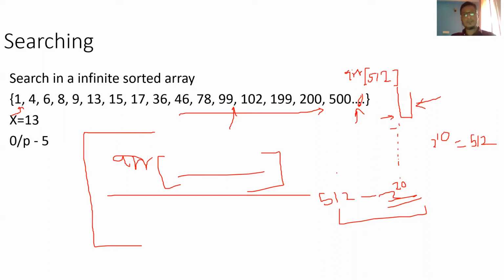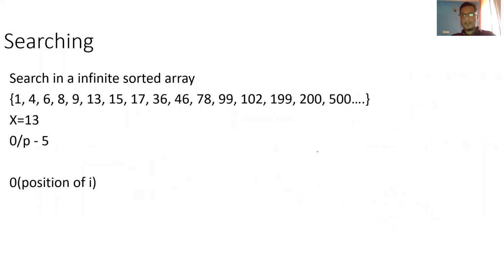But your real work starts from when you got to know the low and high. Then you apply binary search. In this case, let's say 2 raised to 10 to 2 raised to 20, where you found that the item exists somewhere in between, your time complexity will start from here. Other things are like a big O of one operation only, just a fixed operation. I hope that is clear.